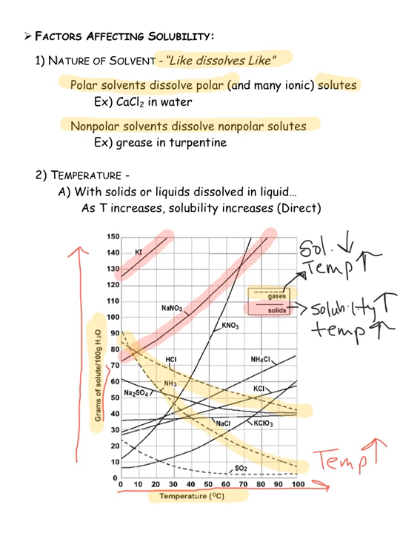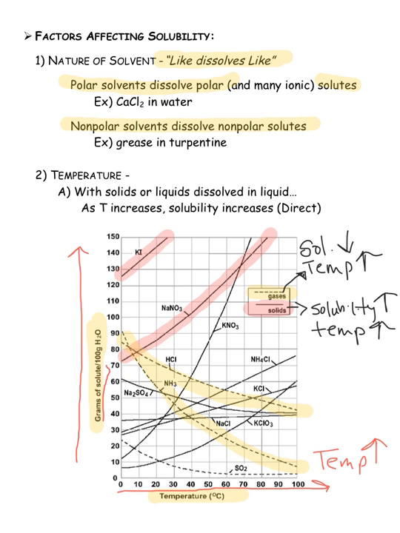Whereas, again, remember, solids have a direct relationship. Solubility is increasing as temperature is increasing. One goes up, the other is going to go up. If I start to decrease the temperature, well, what's going to happen to solubility? It's going to decrease. And so we can take, for example,